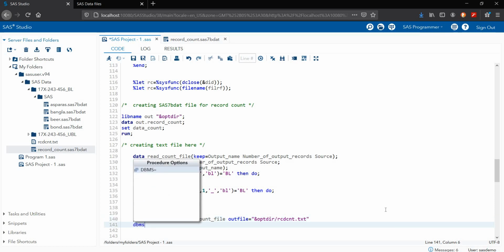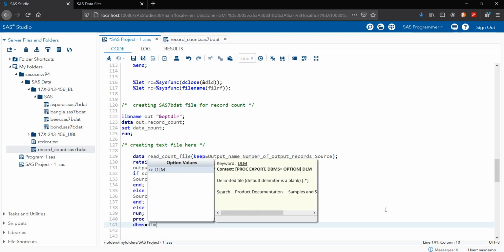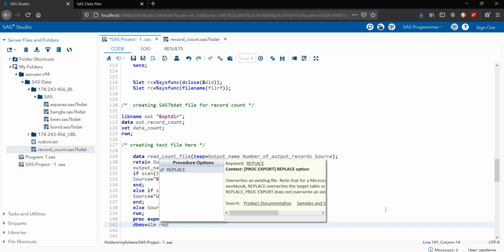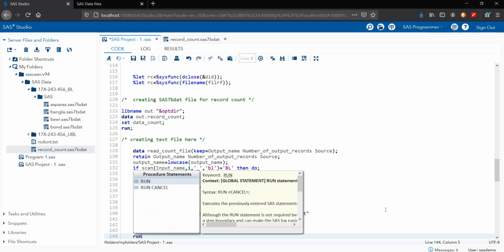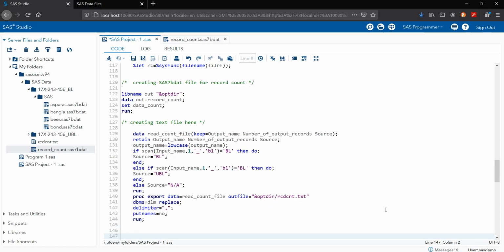DBMS type is delimiter. Then the replace statement, if we need to append. Delimiter will be comma, I need the delimiter comma. Put names no, I don't want to put the data name headers. No. Then run statement.